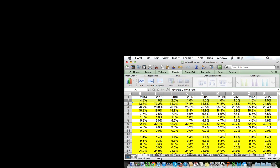On the assumption, so again, I'm explaining the rationale for my assumptions and my point of view, that Walmart, which doesn't seem to have tremendous competitive advantage over its peers, is probably going to end up with similar growth rates to the rest of the industry. Right? And again, that was expected to be about 1% long-term. It also meant